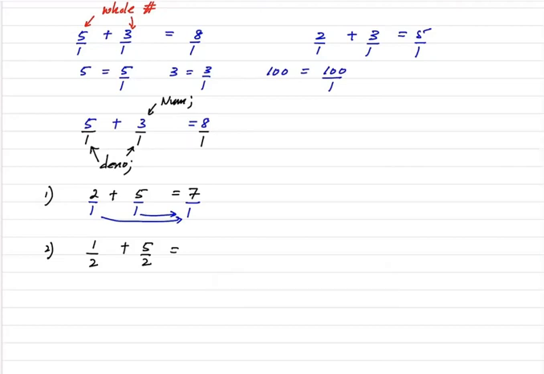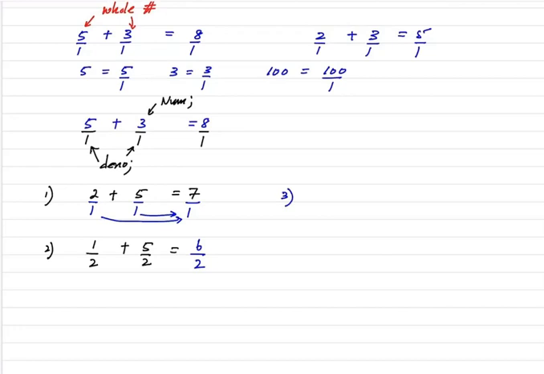So, Rita, you get it? Yes. Good. So now, in the second example, first of all, you have to pay attention to the denominator. The denominators are the same. Yes, then game over. So if the denominators are the same, what you have to do is you copy the denominator here and you add these two. So 1 plus 5, 6. That's it. Very easy. So answer should be 6 divided by 2.